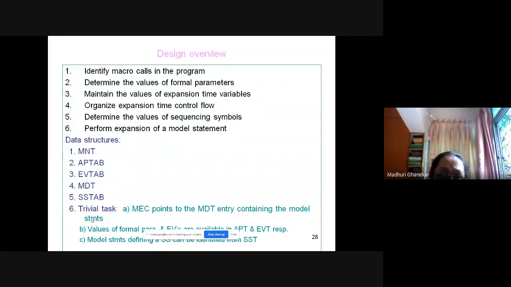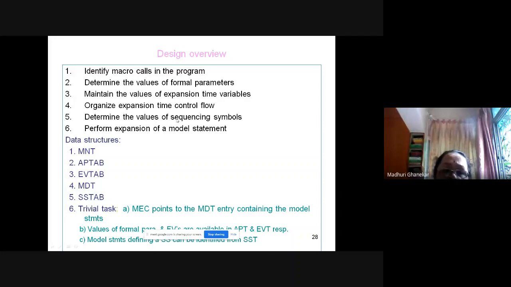Why including MEND? Suppose there are multiple macros. How do you recognize where the first macro starts and ends, and where the second macro starts and ends? We have to signify its end. The start is the third statement, but the end is the MEND statement. Those things we record into the macro definition table.